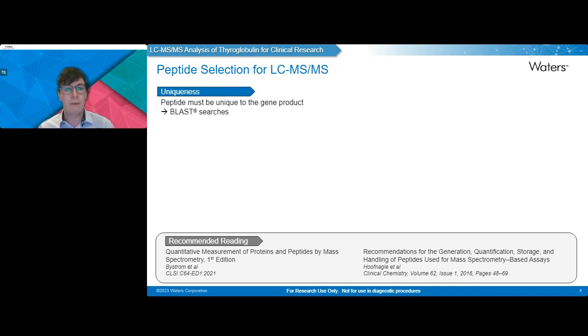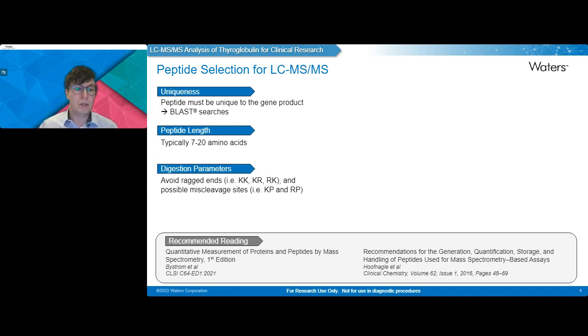One of the primary things to consider is the uniqueness of the peptide. It needs to be unique in the matrix you are analyzing, which provides an accurate measurement of the peptide you're interested in, and therefore the protein that it is linked to. Peptides can be identified using a BLAST search to aid this. The peptide length is typically between 7 and 20 amino acids long. Less than that, you tend to lose your selectivity. More than that, you tend to have issues around solubility and hydrophobicity, which I'll detail later.